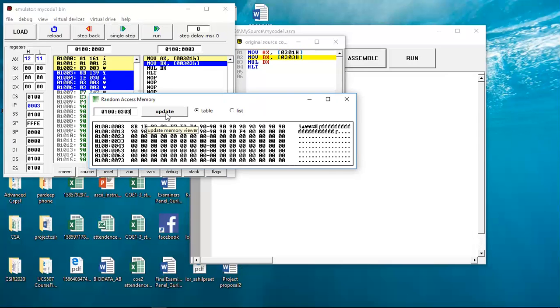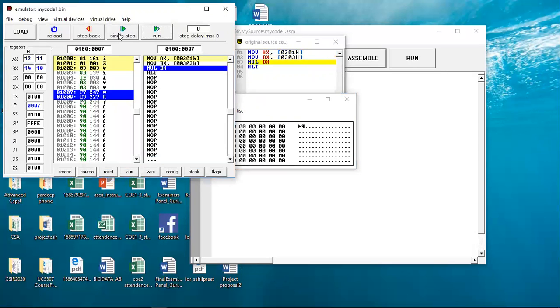Click on update. I'm taking another input again. Suppose 0303 I have taken again. Suppose the input is 10 and suppose input is 14. Any input you can take. It means when we are clicking on update, the first input, that is 10, is stored into L and the next input is stored into H register.